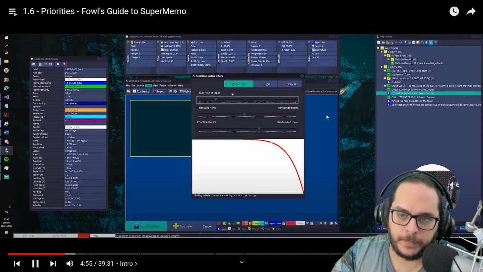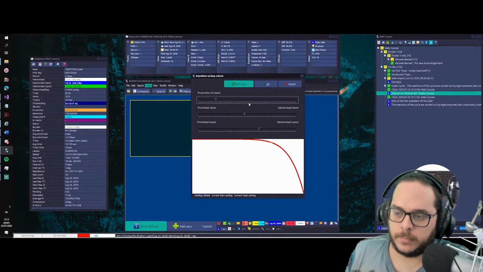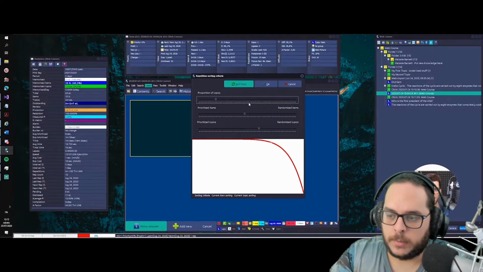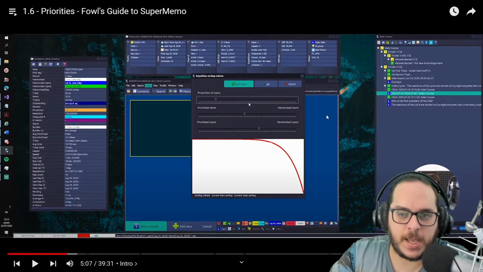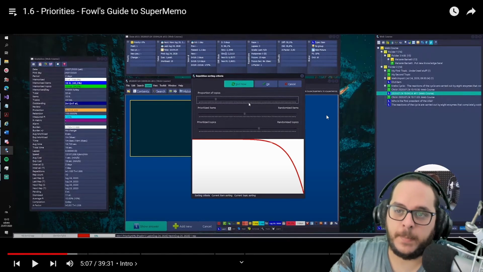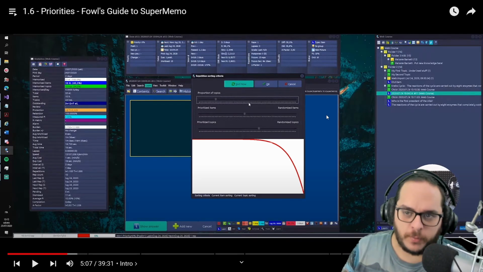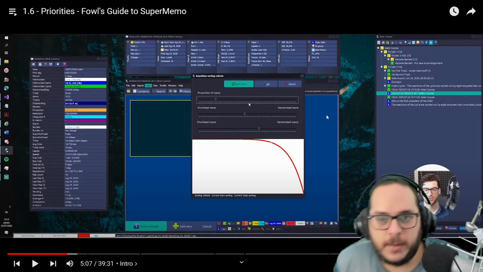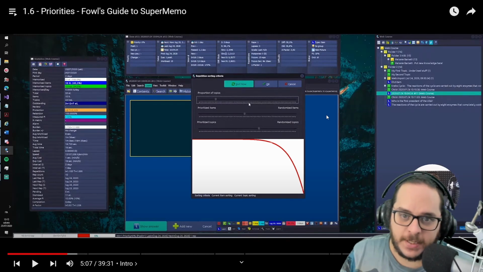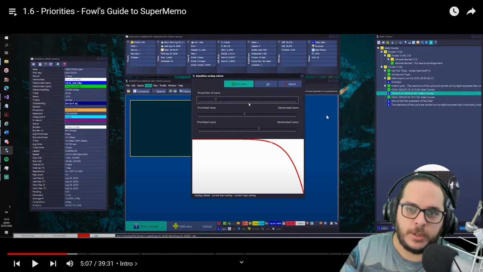Let's get going. So, proportion of topics, which is one of the most important things. Wozniak recommends something like 1 to 5, 1 topic to 5 items, or 1 to 4, but it's just at the beginning. Then it depends on you, but more importantly, it depends on the time of the day, the time of the session. Let's say that I choose 1 to 5, like Wozniak says. That doesn't mean that during the entire day I have this criteria. Let's say this is true at the beginning, then in the evening I'm more tired, I want something easier, so I want